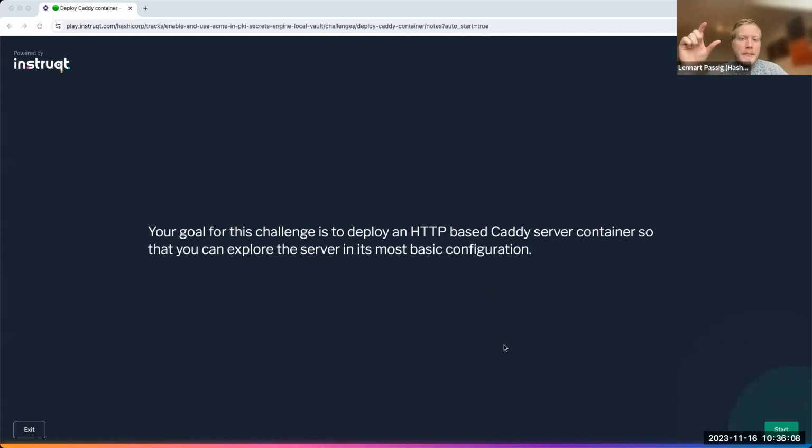It is a guided lab, so you can also do it at your own pace if you wanted to, but I will go ahead and do it with you, so to say.